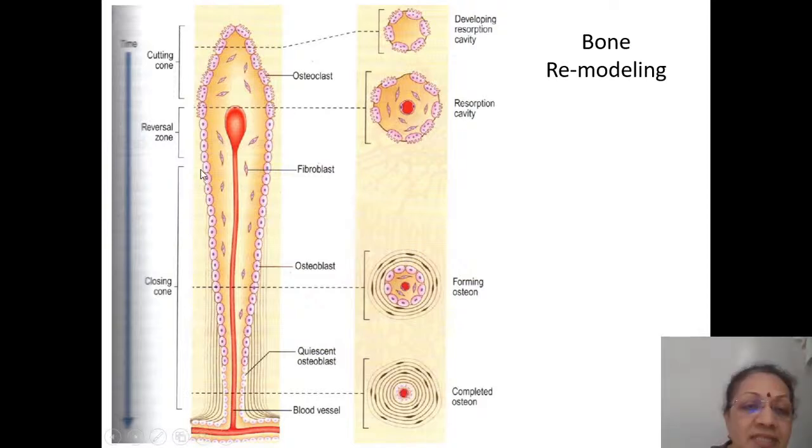These lining cells have not yet decided what they're going to be, right? They are osteoblasts. They can potentially become osteocytes, and they can still divide in huge numbers, because you will have to lay down more matrix once we decide what shape we want, right? This area becomes narrower and narrower as you observe the time elapsed from the time that resorption started, remodeling started, to the time that it